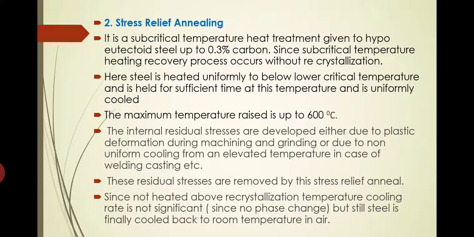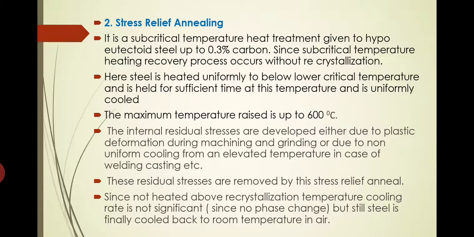Whether it is air cooled, whatever cooling rate we are giving, that is not going to have any significant change, because phase transformation is actually not there. If phase transformation is there, then only the cooling rate is having importance. See, austenite is in its single phase. It is actually changing to pearlite, meaning it is in its binary state. Both cementite as well as ferrite will be there in the pearlite state. So it is a two phase component. From single phase it is converted into two phase. So phase transformation is actually taking place during that process.